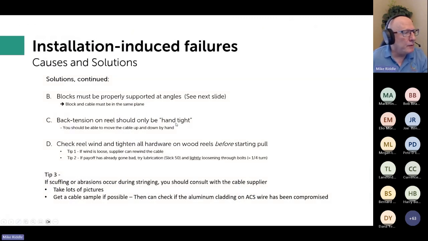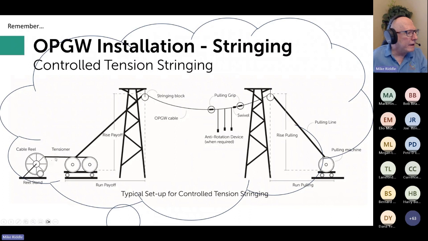Back tension should only be hand tight. What that means is that you should be able to stand here and with your hand pull on the cable, and you should get some easy movement. I understand, it's a vague term. What's easy movement? My easy movement is maybe different than your easy movement. How much is too easy? It's an experiential thing. You want it to move, let's say, about 6 inches up and down